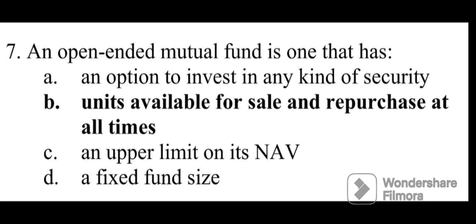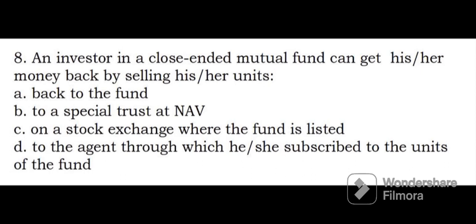Okay, so moving on to the next question. An investor in a closed-ended mutual fund can get his or her money back by selling his or her units: option A, back to the fund, B, to a special trust at NAV, C, on a stock exchange where the fund is listed, D, to the agent through which she has subscribed to the units of the fund. This question is very important